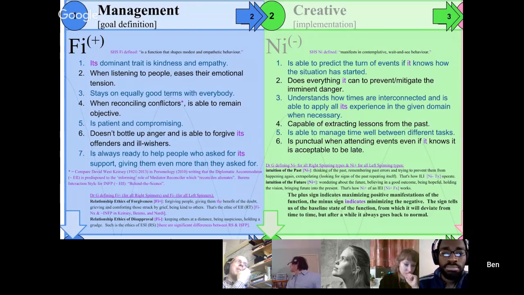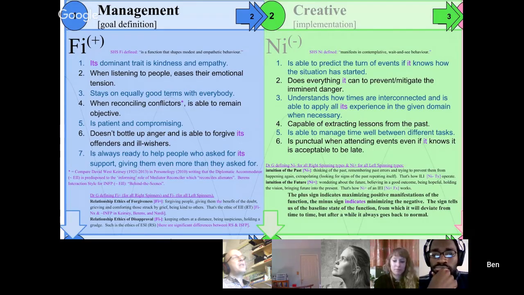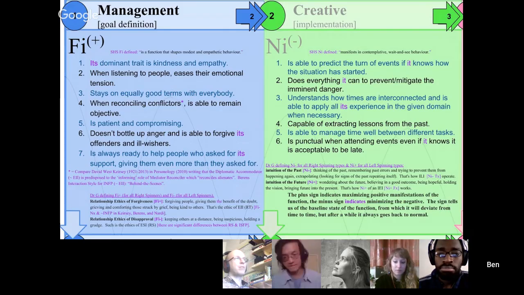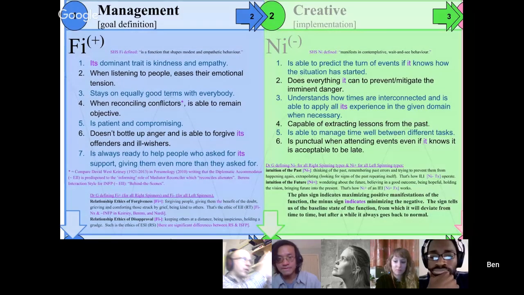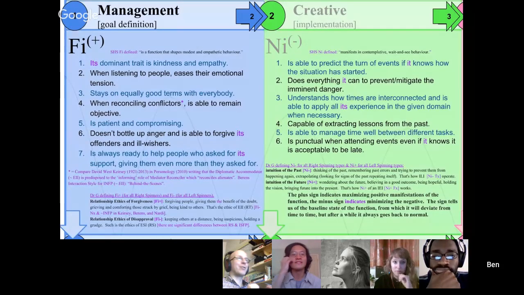Right, well, it's a matter of whether it's needed. Right. So maybe the TE people schedule things, and so the things that they go to are important to them. I'm just giving the example that if you look at the function in isolation, you would deduce from the function, oh, these people are good at arriving on time. But because of other things within the types, that can mitigate that. So the NE and INFP.